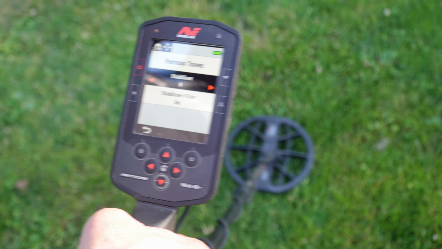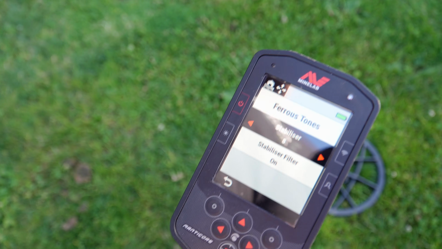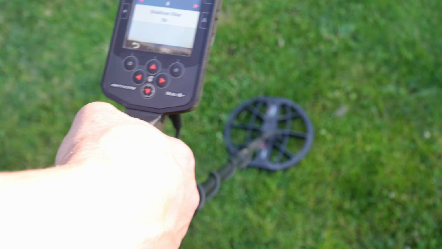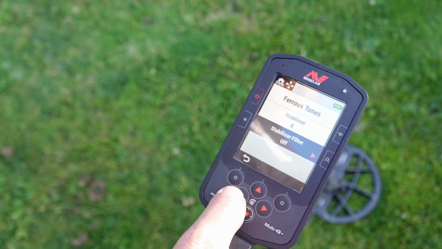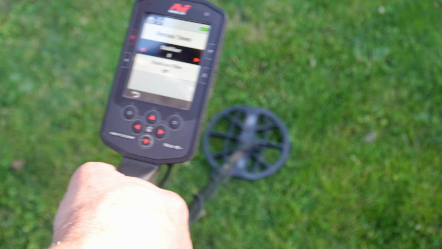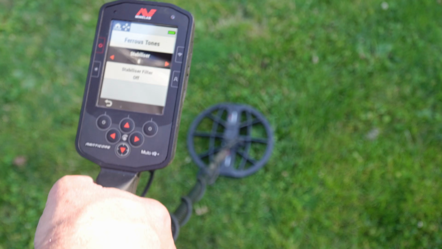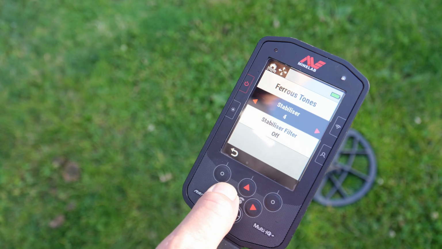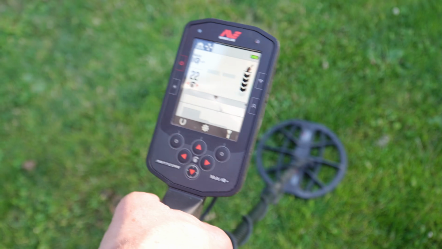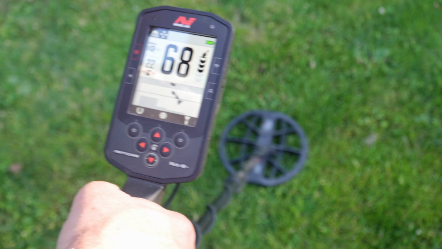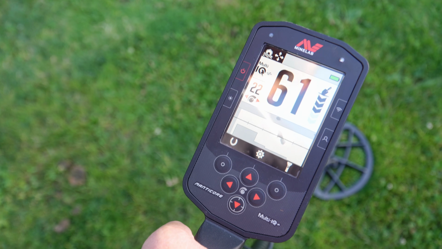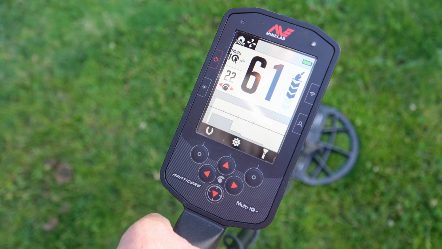So the machine is trying so hard, Stabiliser is trying so hard to tell you that this is iron, to not dig it. Even with the filter off, with Stabiliser at 8, it's still trying to break it up so that you don't think it's good. Let's turn this back off again. No Stabiliser at all. Let's see what it sounds like again. That could fool somebody, so I just wanted to show you that Stabiliser needs iron before you can even hear